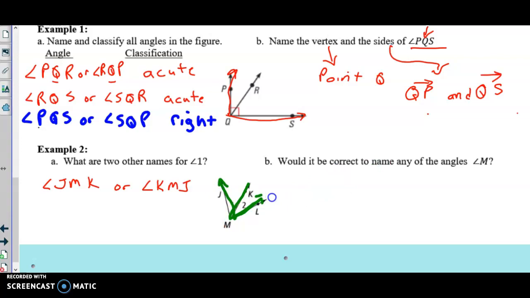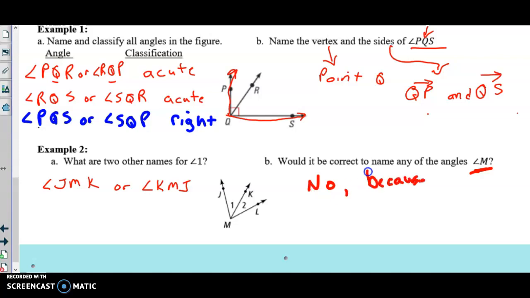So using just the vertex, angle M is not a good way to name any angle in that picture because I don't know which angle I'm talking about. So the answer here would be no,